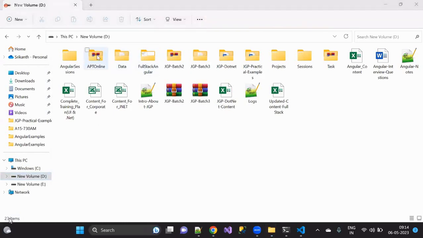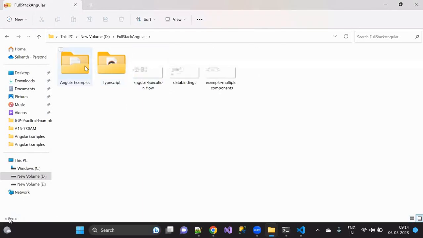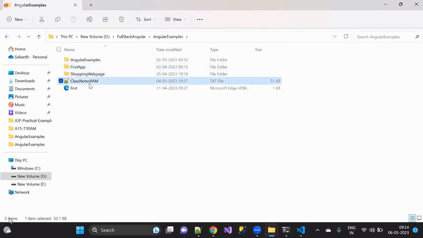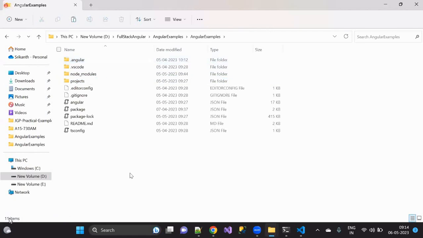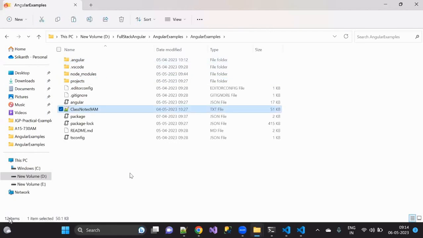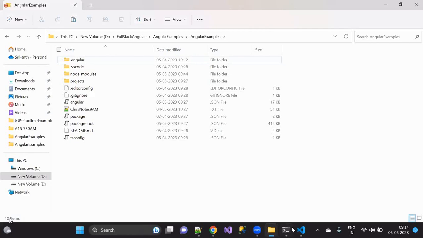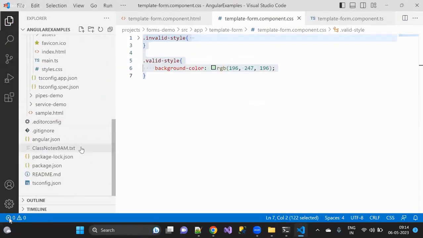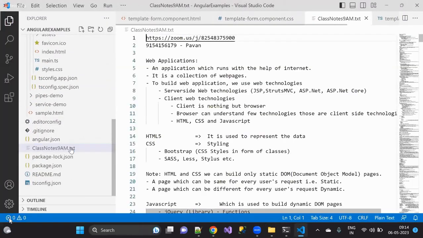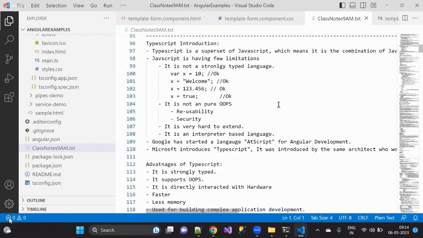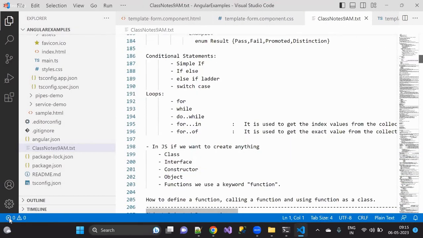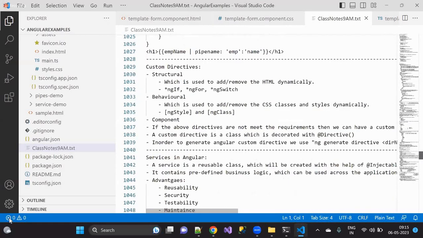For example, what I'll be doing, or no. I'll copy this and keep it here. So the notes also will be getting clearer, right? Now you can see